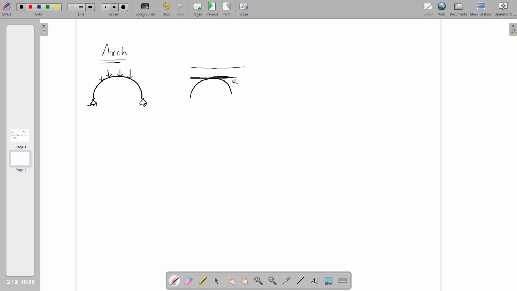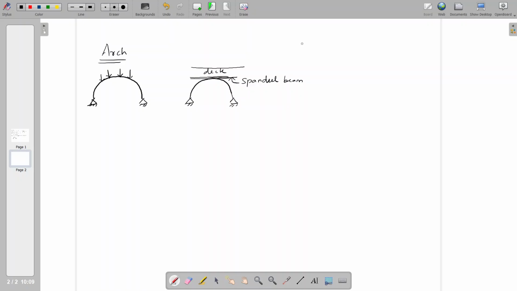So this element is called the spandrel beam. It transfers the load from the deck slab to the arches, so that the arch will have UDL or point load combinations on its surface. Normally the types of arches are polygon, circular, parabolic, elliptical, or any curved shape can form an arch